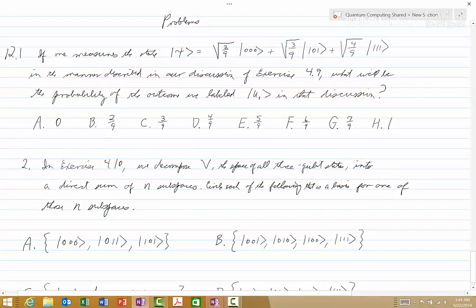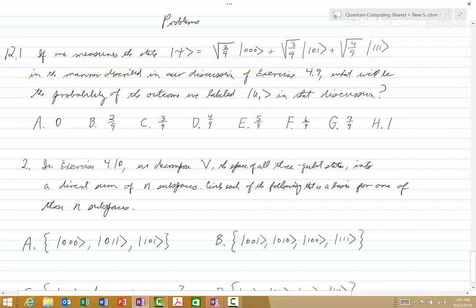Okay, so now for the problems for lecture 12. In the first one, we have the following. If one measures the state C, which is equal to the square root of 2/9 |000> plus the square root of 3/9 |101> plus the square root of 4/9 |111>, in the manner described in our discussion of exercise 4.9, which was the first exercise we discussed in this lecture,